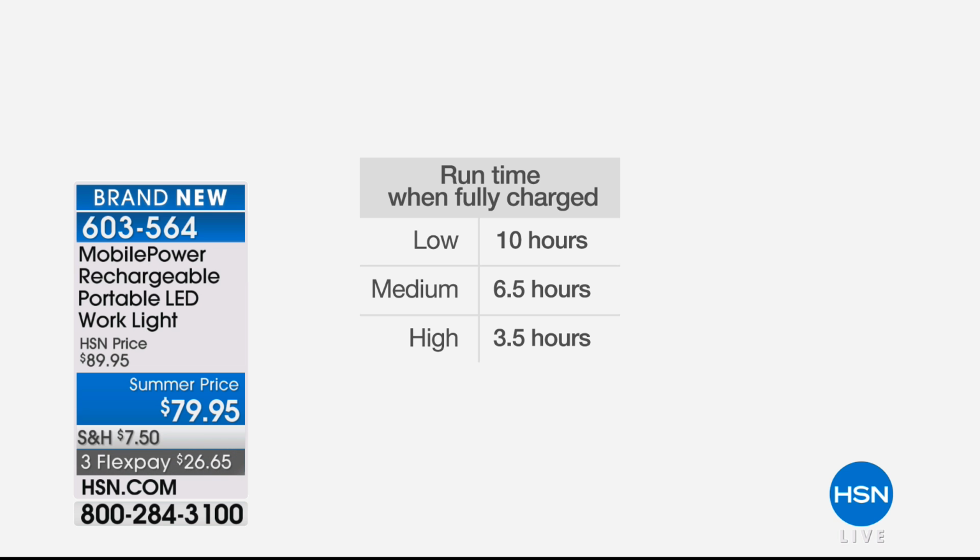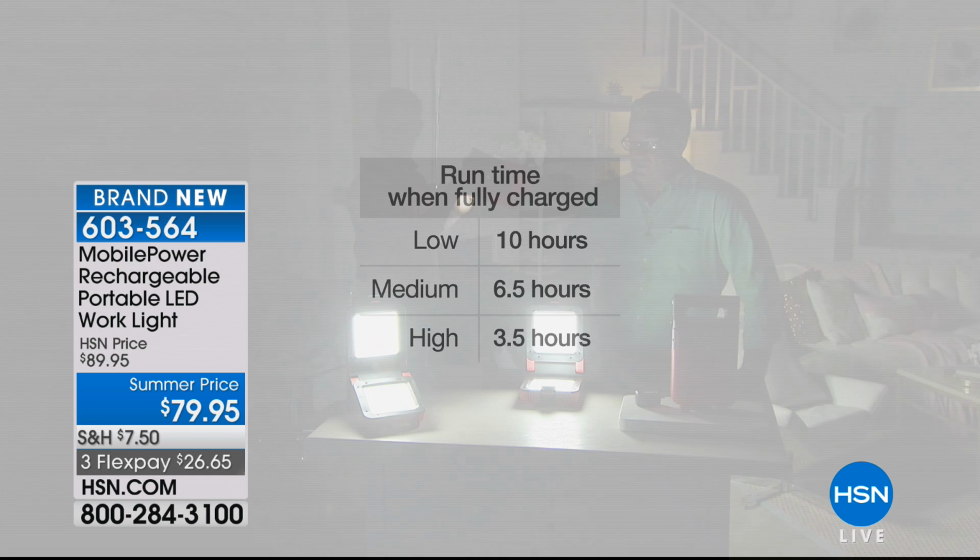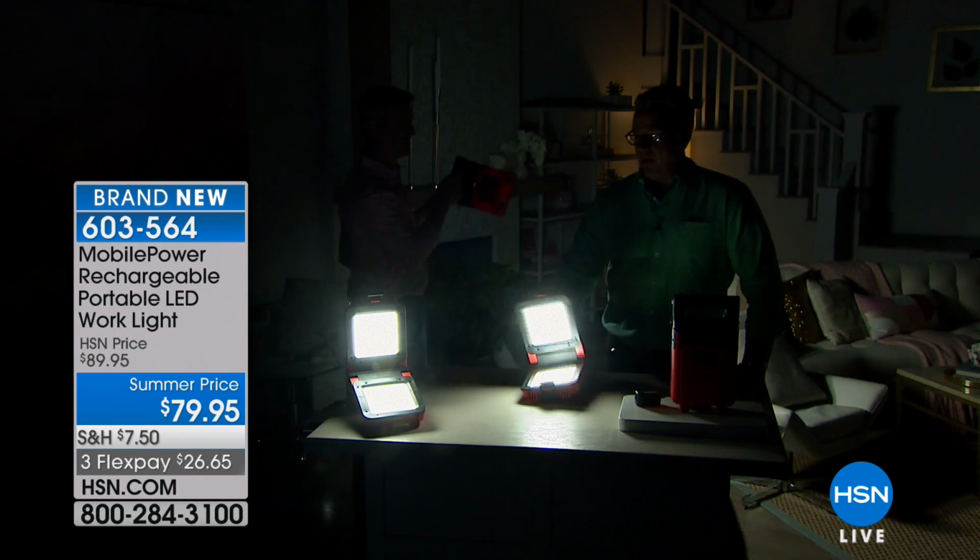So about 850 left. If you'd like to get it, one more time, we're showing you the charging capacity on this. So if you have it on low, and this is after you've recharged it, it'll go 10 hours. So think about that. In an emergency situation, that's key. Medium, 6.5 hours. So you may want to use that when you're just relaxing, whatever you're doing. But if you're doing work and you want to concentrate that light, then, and I'll grab mine too,